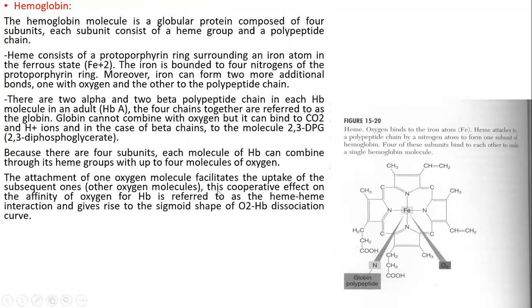The attachment of one oxygen molecule facilitates the uptake of subsequent ones. This effect increases the affinity of hemoglobin for oxygen and is referred to as the heme-heme interaction, giving rise to the sigmoid shape of the oxygen dissociation curve. The more combination occurs between hemoglobin and oxygen, the more it facilitates further combination, so the oxygen dissociation curve is sigmoid in shape rather than